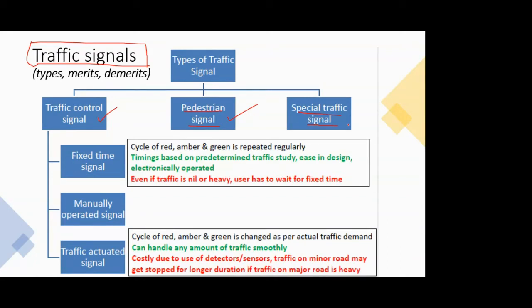Now let's assume you all have traveled somewhere in Pune city. In Pune city you have 3 to 4 cantonment areas, that is military areas. You have Dehu Road in PCMC, Khadki, then in Pune you have Pune cantonment. When you go through these roads, at some points there are traffic signals which are not needed, but they are still installed because they are special traffic signals. The best example I can give is the College of Military Engineering, CME, in Dapodi, between Dapodi and Khadki.